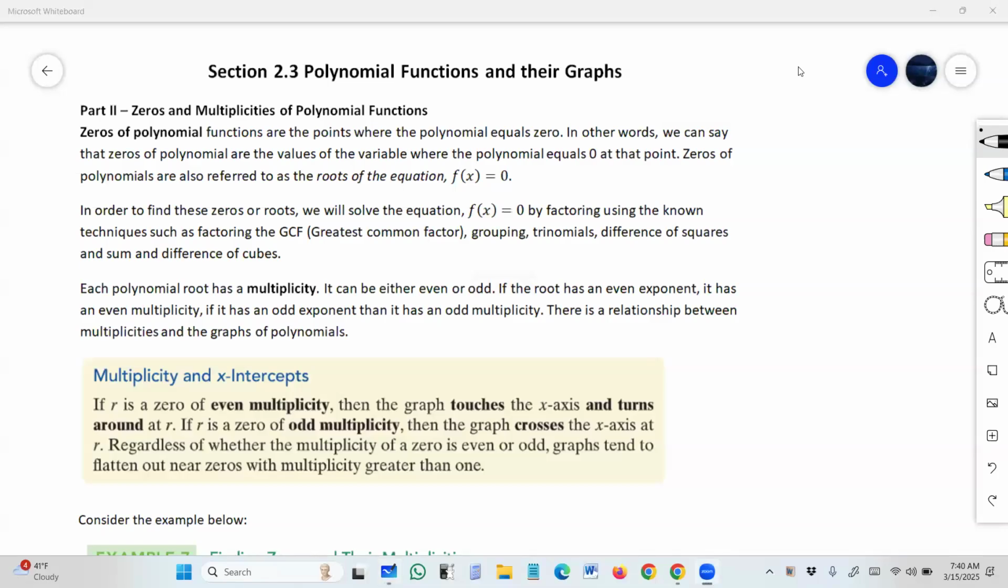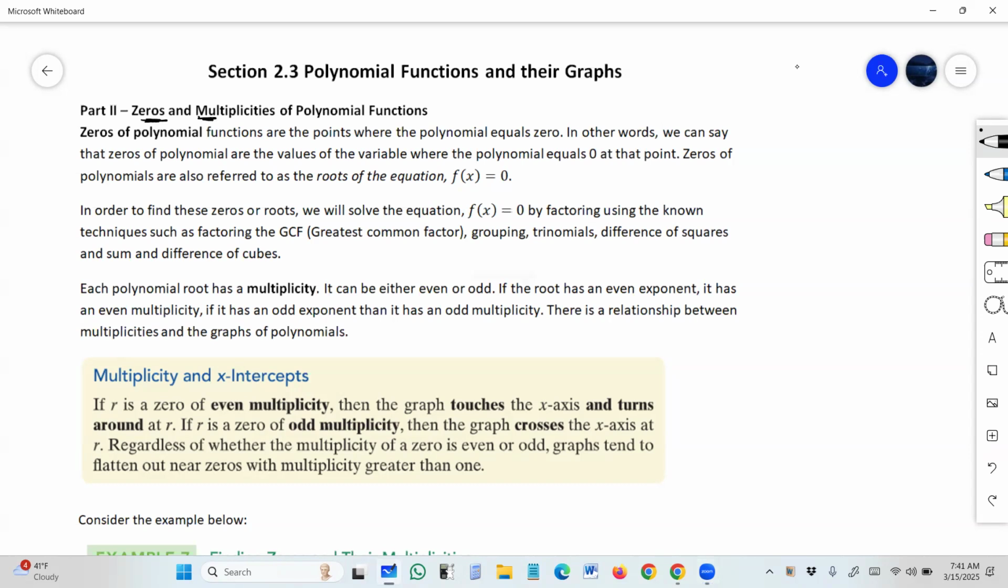Hi, hello everyone. So this is the video dealing with section 2.3, polynomial functions and their graphs. And this is the second part of the topic, which deals with zeros and multiplicity of polynomial functions. Now, in order to eventually graph these polynomials, we need to know what these zeros and multiplicity of polynomial functions